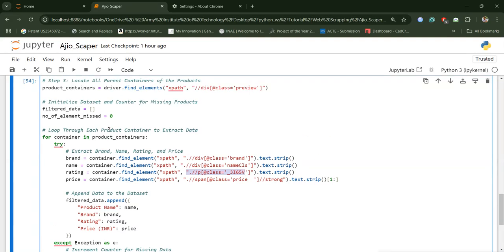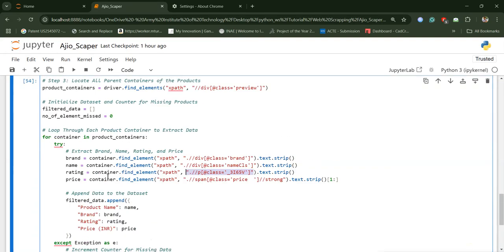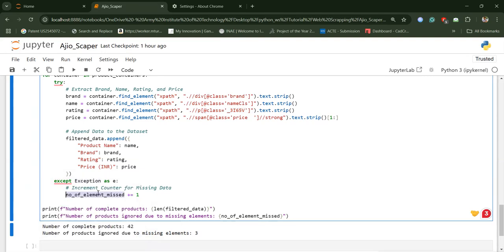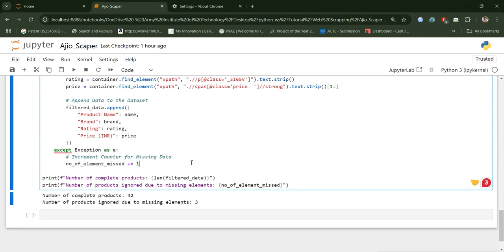So I have done two things here. First thing is I have implemented try and except. So at any point of time, if any of these particular elements is missing, then it will skip that particular element. It will try and it will only append if it has all the four elements here. And if there is an exception, then it will say number of elements missed and count it from here. So if I just play it now,